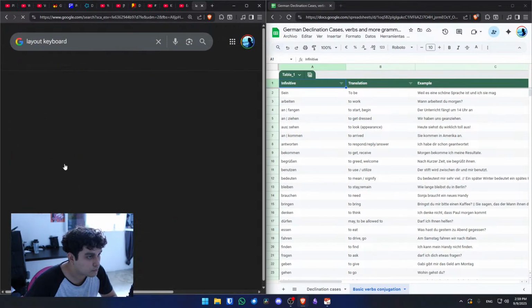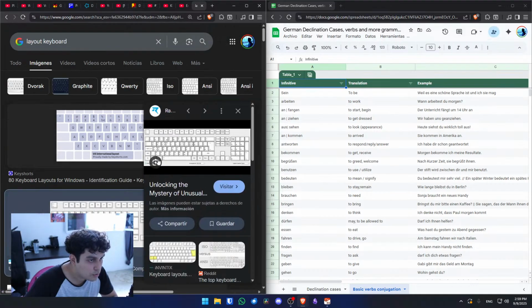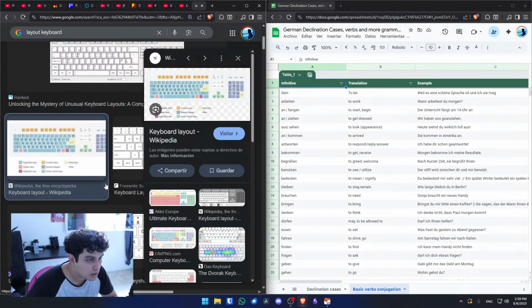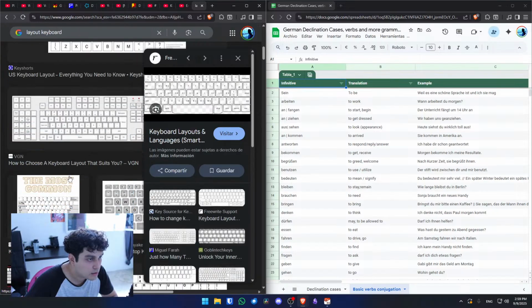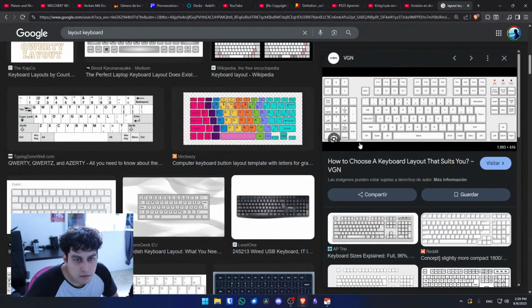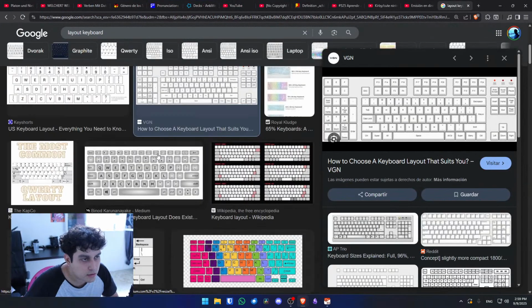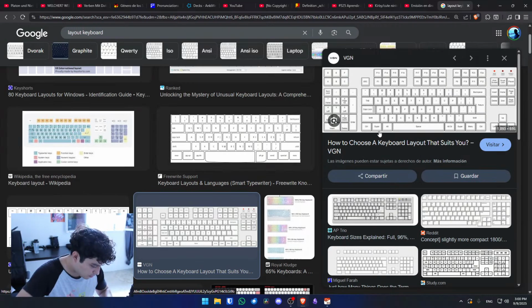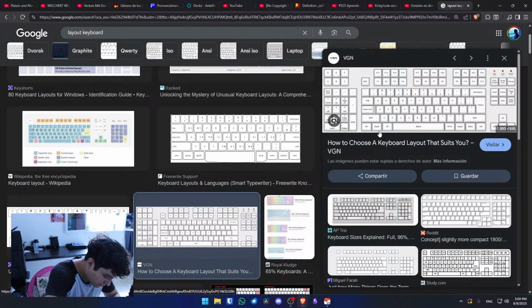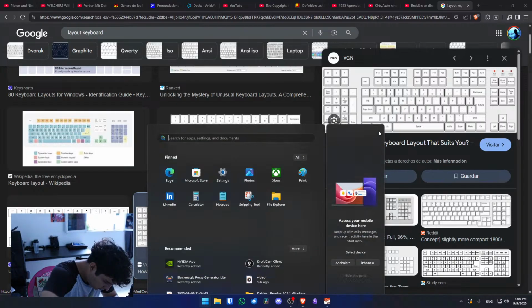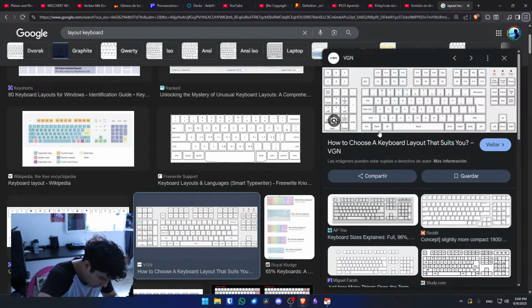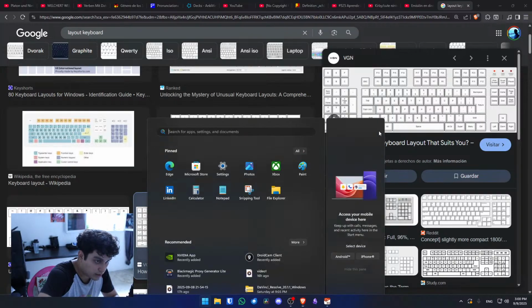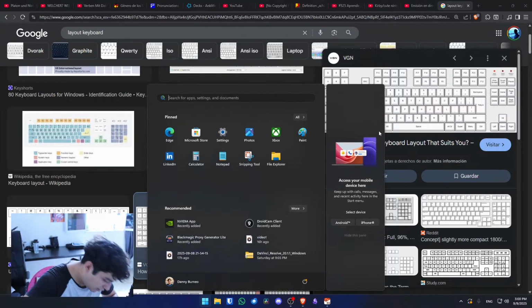So it's supposed to be control, super, alt. So the alt is wrong as well. Oh, so alt is here. And now control should be right here, and the Windows button should be right here. There you go.